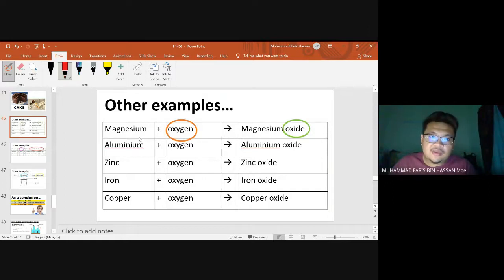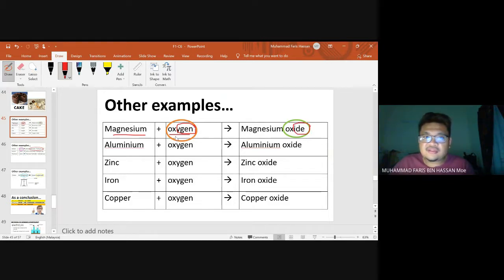When we want to name this kind of metal oxide, we still retain the name of the metal used, such as magnesium. For the non-metal we use in this reaction, which is oxygen, we just need to change